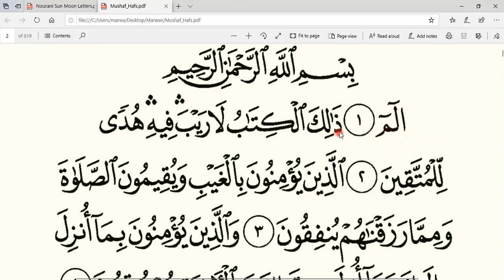Now we move on to the next one. ذَلِكَ. So just so that also I remind myself and remind you, always before we start reading the Quran, what we should do is always say, أعوذ بالله من الشيطان الرجيم, because that's what Allah subhanahu wa ta'ala told us to do in the Quran. So I should have started with that. So I say, أعوذ بالله من الشيطان الرجيم, بسم الله الرحمن الرحيم, ألف لام ميم,